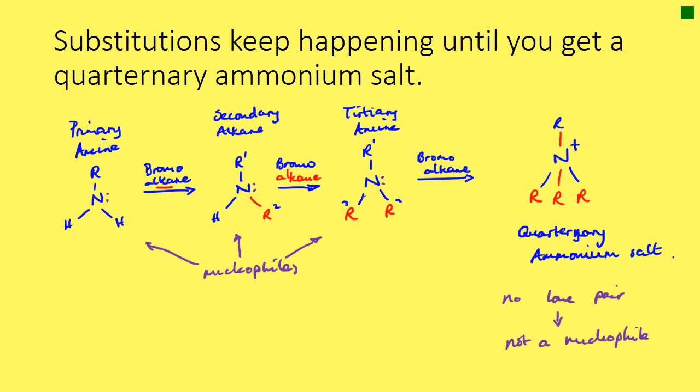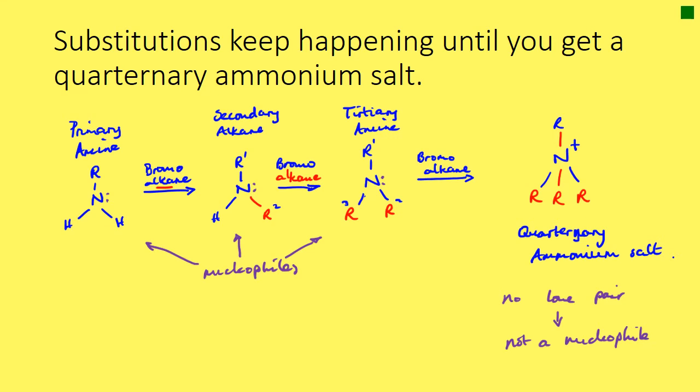So let's draw that out just to make that clear. So we're starting off with our primary amine. Let's draw that out with the nitrogen in the middle, and it's primary amine, so it's only got one alkyl